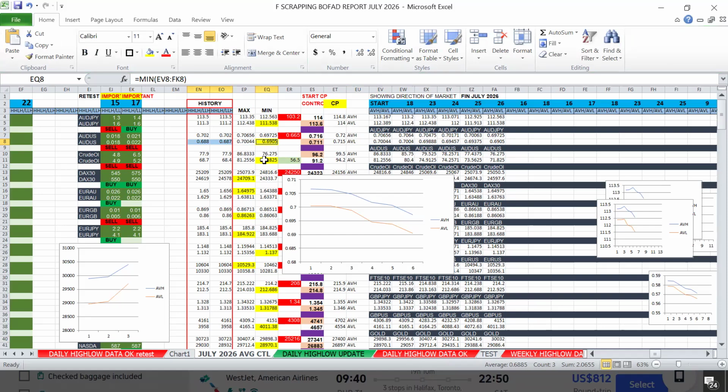So if the market fails to go below 0.687, then it means that the market will be going in a buy direction. And that will give us the confidence of entering the market at the earliest time. And once we enter the market at the earliest time, it means that at the end of the day, the highest price is surely going to be above 0.707 and is going to go further. Okay, so that is how this concept is going to work effectively